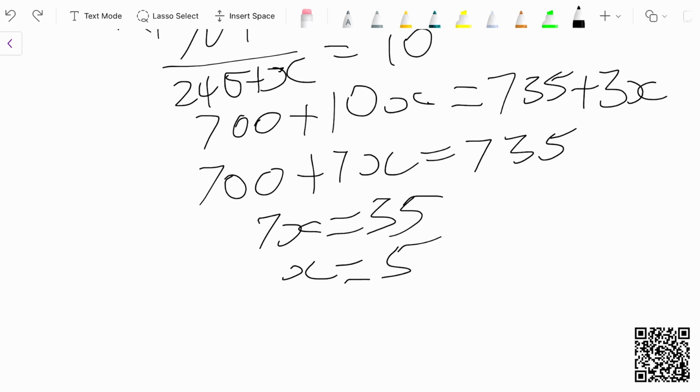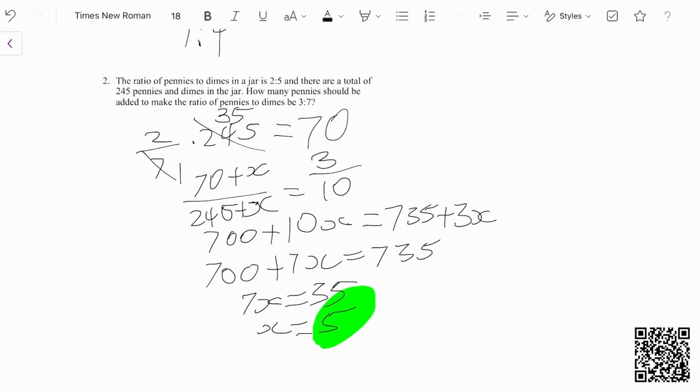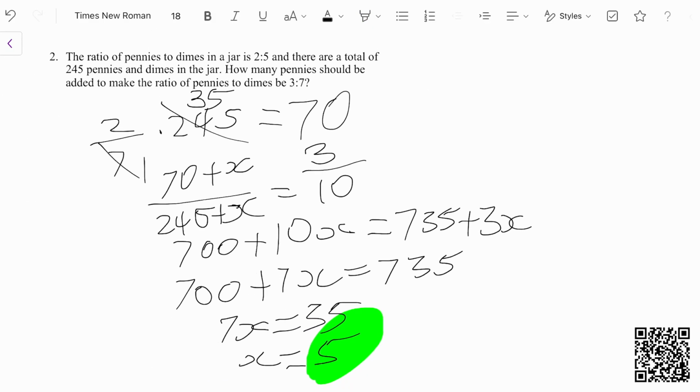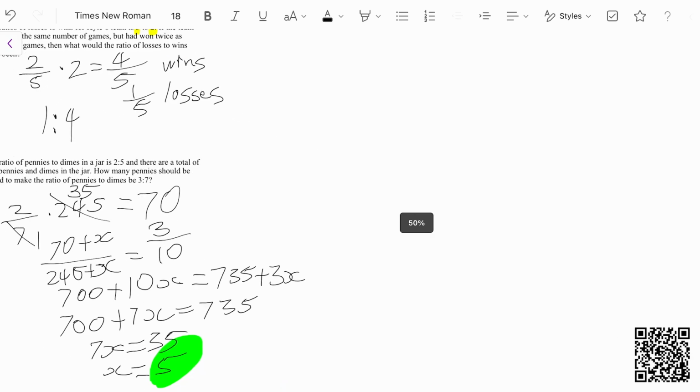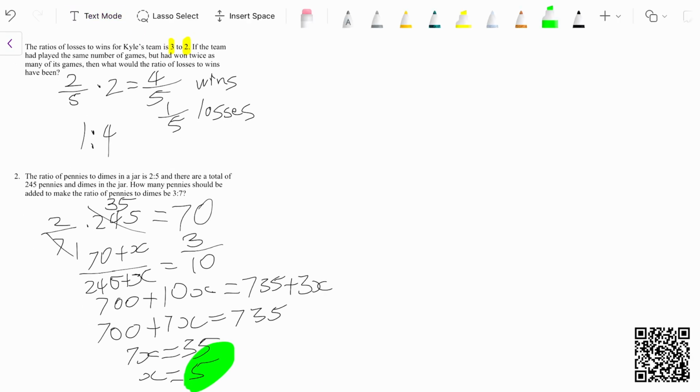So that means, that was not a highlighter. That means that x is 5, which also means that they added 5 pennies, which is also our answer, which is also